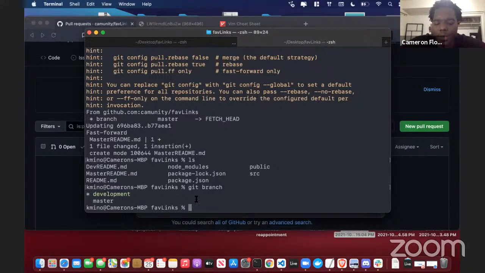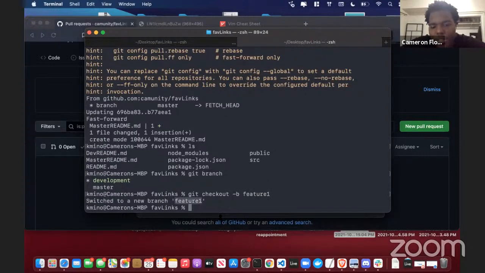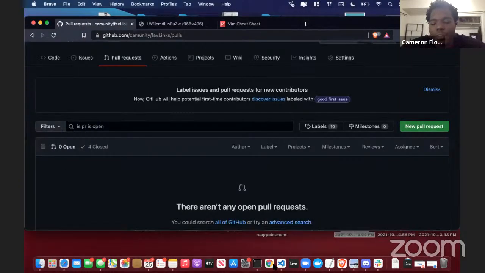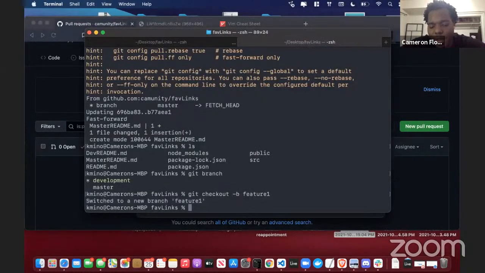So I'm already on development. If I did git checkout -b again to create a new branch, and I said feature one, I created a new branch called feature one, and that branch was pulled off of development. So this branch now is updated with development, which right now is updated with master. But for the sake of this idea, I have a new branch pulled off of development. And on this branch, I might want to make some more changes. So maybe I make another README and say feature one.md,